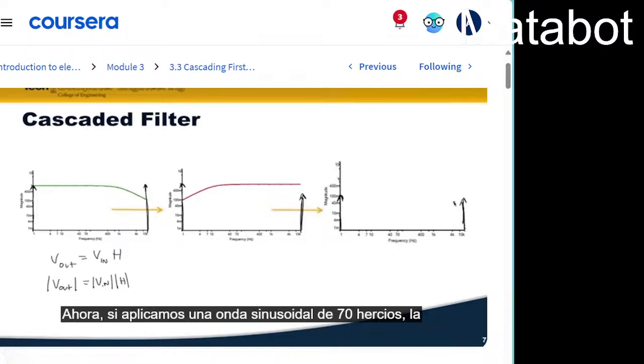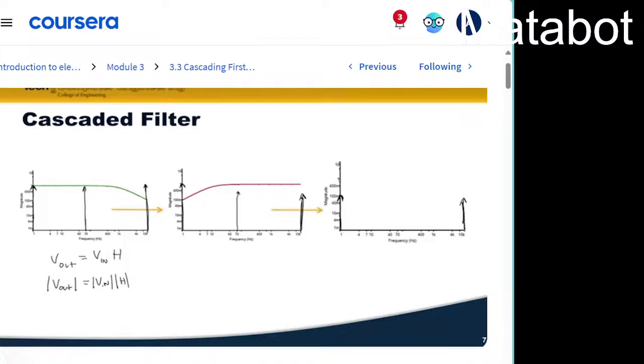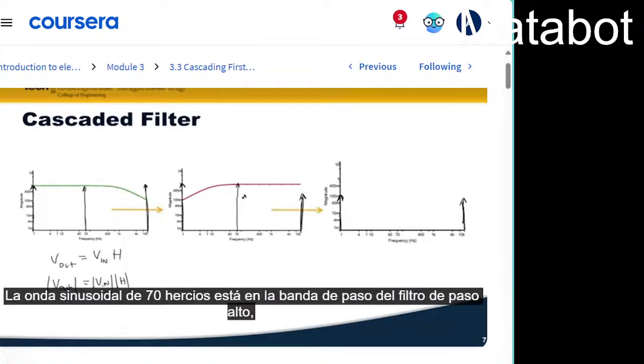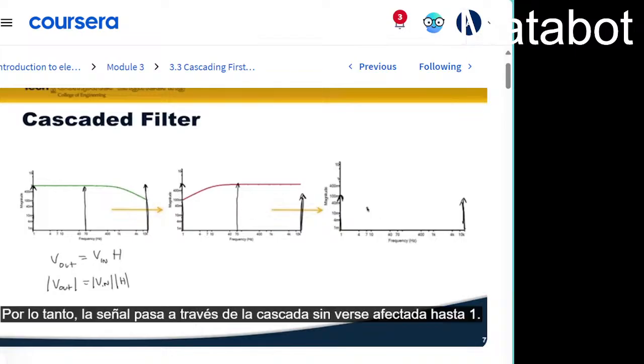Now, if we apply a sine wave of 70 hertz, this 70 hertz sine wave is in the pass band of the low-pass filter, so it's unaffected. The 70 hertz sine wave is in the pass band of the high-pass filter, so it's unaffected. So the signal passes through the cascade unaffected, up to 1. Now we could do this for